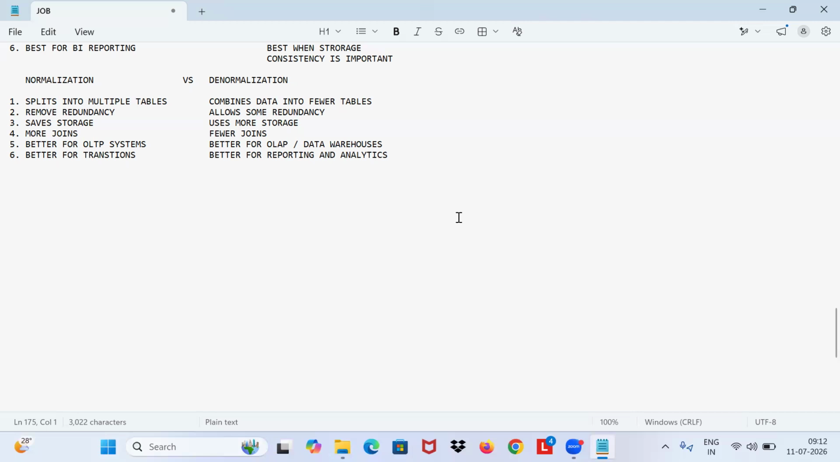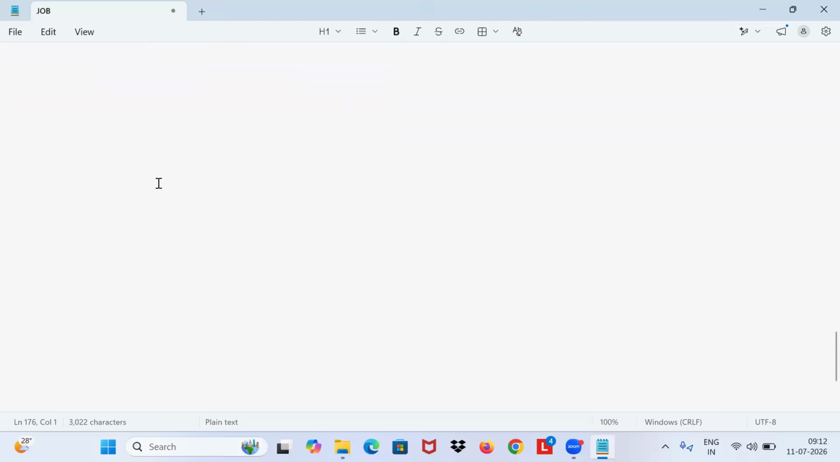So why DBT here? DBT is used for data cleaning, data transformation, business rules, documentation and data quality testing. Next, now we're going to see modern